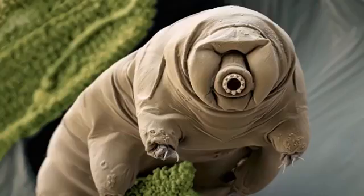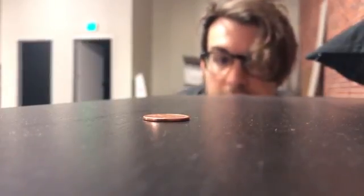That is the tardigrade, also known as the water bear, also known as the toughest animal on Earth. And it's not big, it's between 0.3 and 0.5 millimeters, about 20 to 30% the thickness of a US penny. So tiny. And it's pretty small, but don't be fooled, they can survive immense amounts of radiation due to the